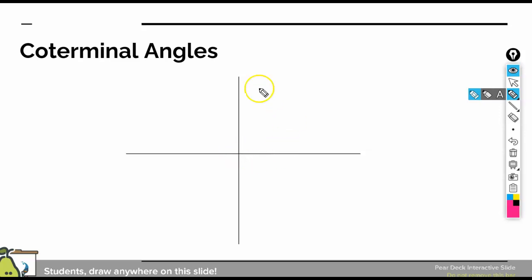So when we started looking at angles as a rotation around the coordinate plane, that allowed us to keep going past a full circle. And that's where we ended up having coterminal angles. They're angles that have the same terminal side, but they're not necessarily the same angle measure. For example,